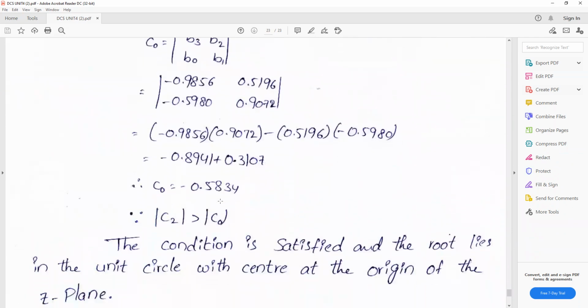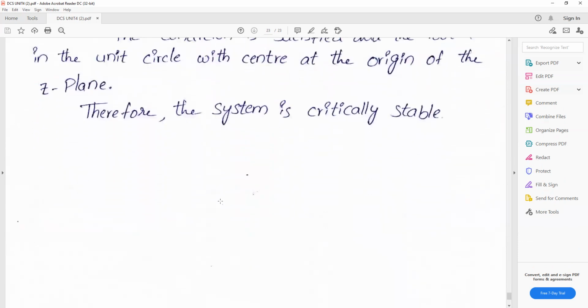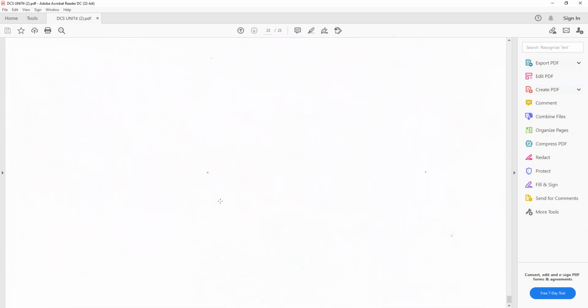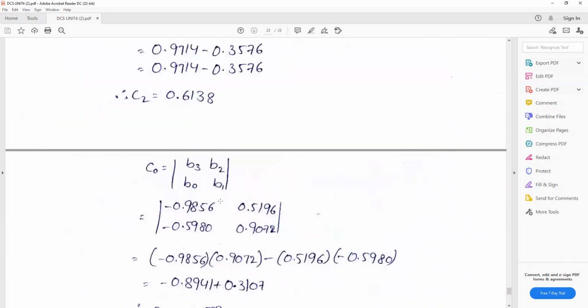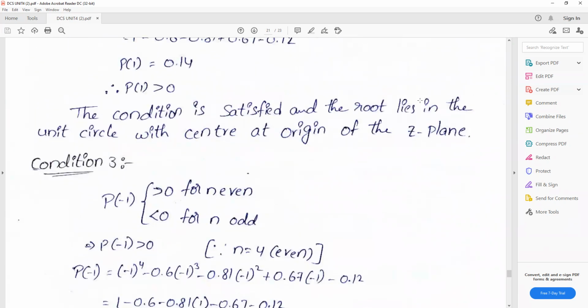Calculate all the values. The condition is satisfied, so the root lies in the unit circle with center at the origin of the z plane. Therefore, the system is critically stable. Okay, so this is the process to find stability using the Jury stability criterion. Further, next, go to